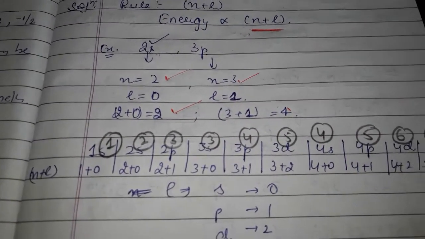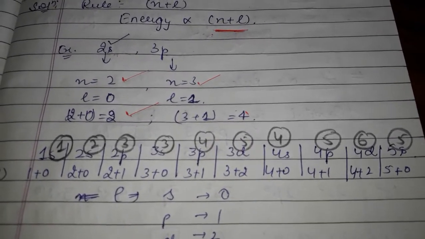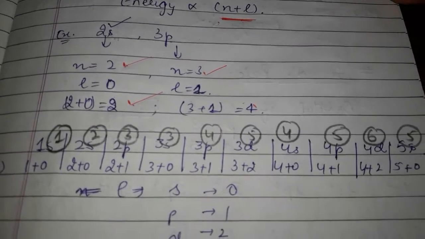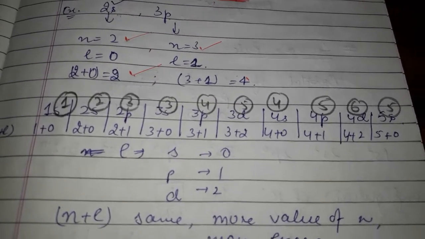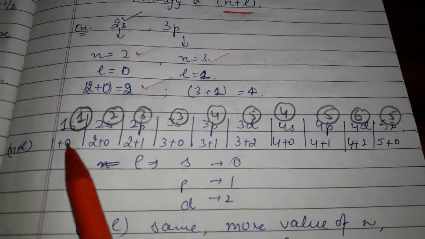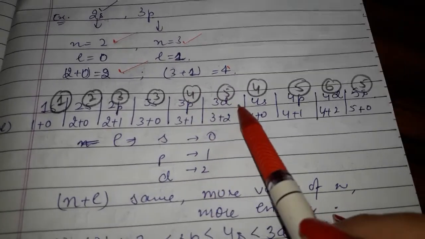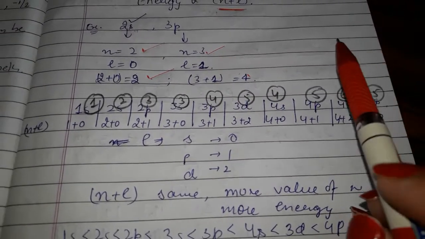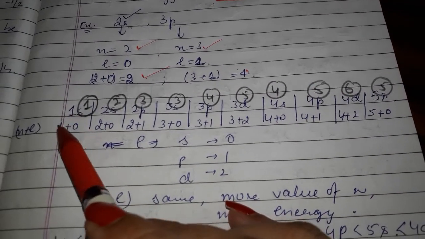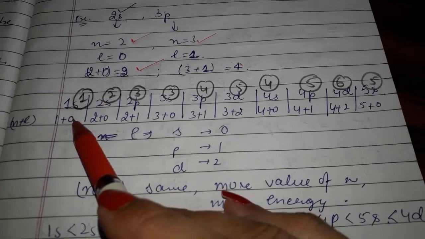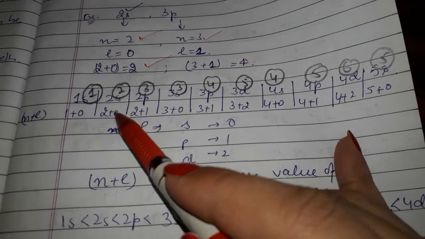Okay, now one problem again arises. There can be a possibility that the n plus l value can be the same for any two or three orbitals. Then what will we follow to fill the electrons? For example, I have written here 1s, 2s, 2p, 3s, 3p, 3d, 4s, 4p, 4d and 5s. We will calculate n plus l for all of these. This is the n value. For s, l is 0. 1s: 1 plus 0 is 1. 2s: 2 plus 0 is 2.